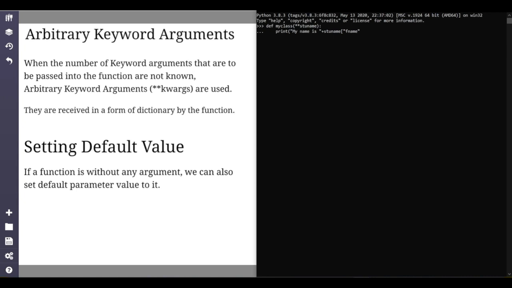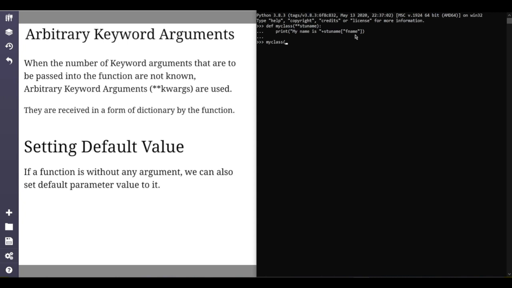Mind you, I've not yet declared my fname. That I'll be doing when I will start calling my function. So here I'm just writing fname. Moving out of my function, I start calling it, and now here I will mention